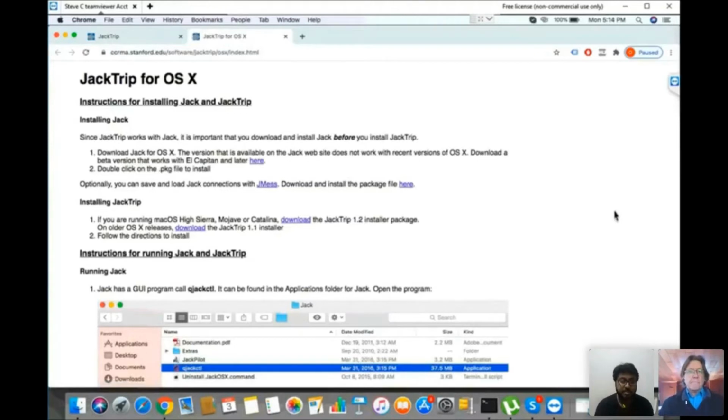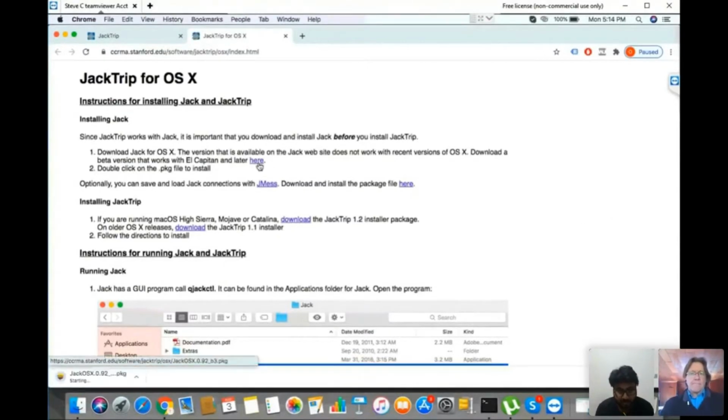And JackTrip works with other software; JackTrip is actually dependent on that software. The other software is called Jack, and when installed, you will see it as QJackCtl. The software will be called QJackCtl when installed. So I'm going to download both of the softwares right now in this video,